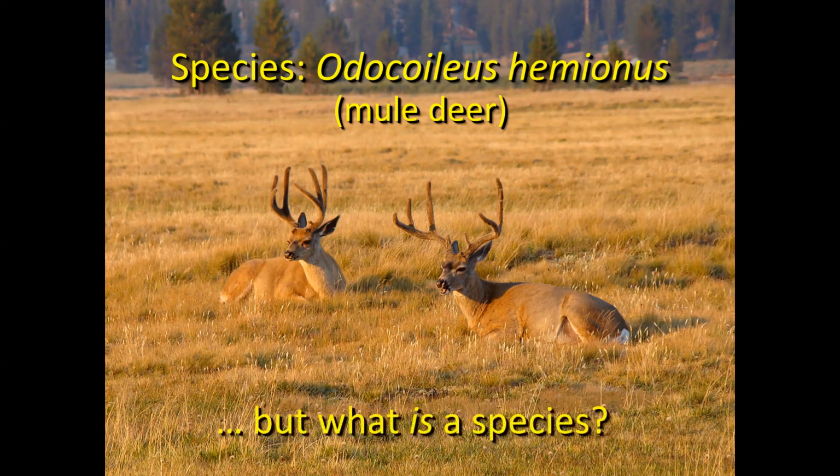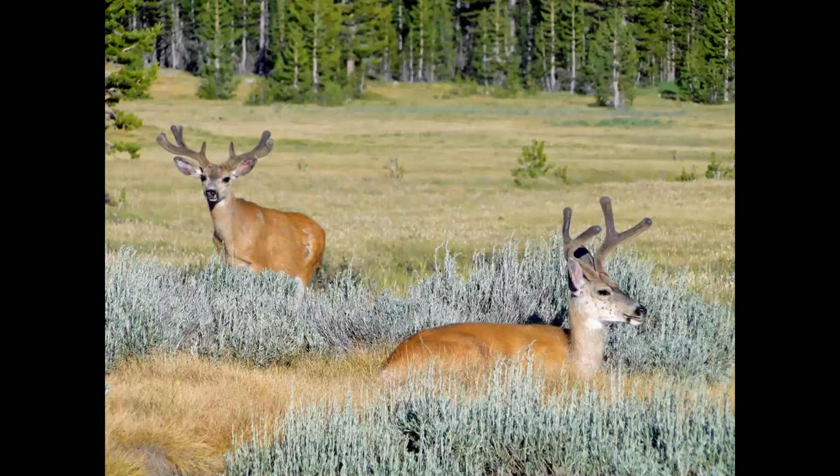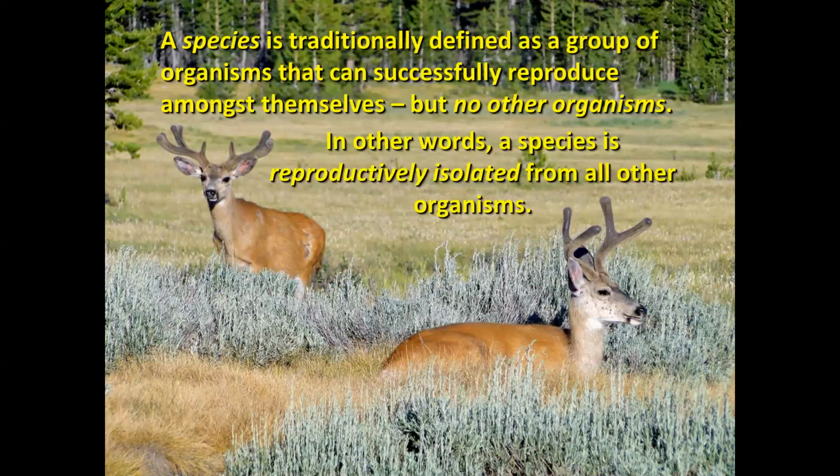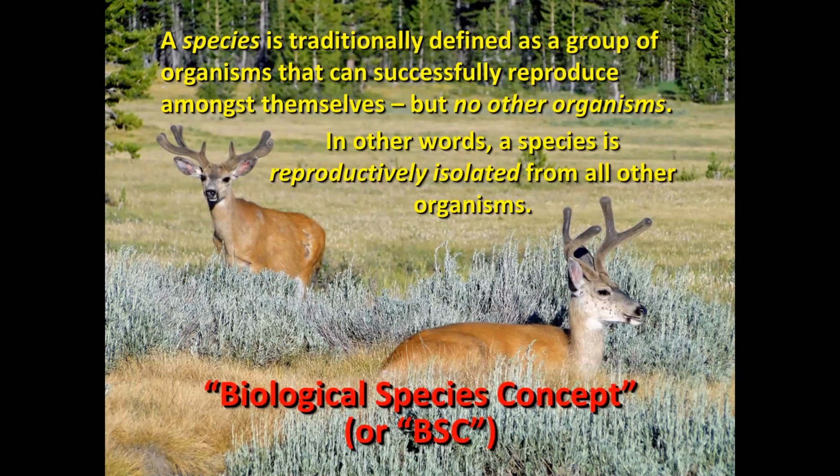I want to go back to what we've talked about earlier in the semester, exactly what is a species. When you look at these deer, obviously they are a species. As we've discussed previously, a species is traditionally defined as a group of organisms that can successfully reproduce amongst themselves, but not with any other organisms. In other words, a species is reproductively isolated from all other organisms. And this concept of reproductive isolation defining species is known as the biological species concept, which is often abbreviated by